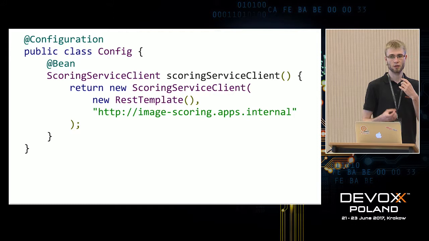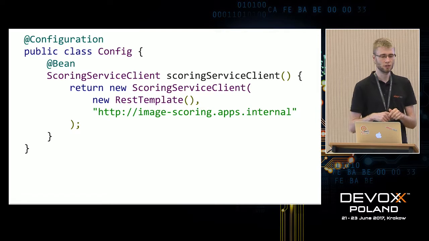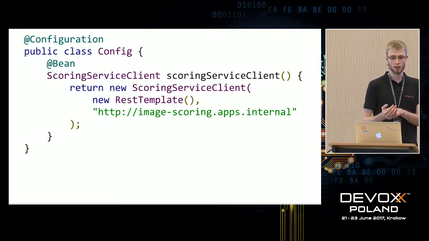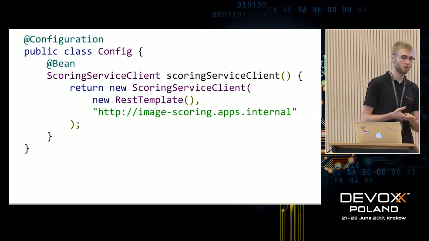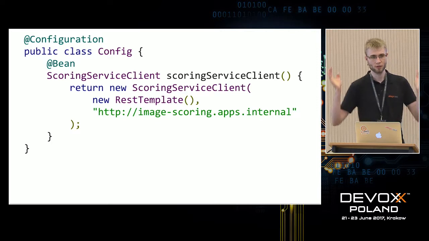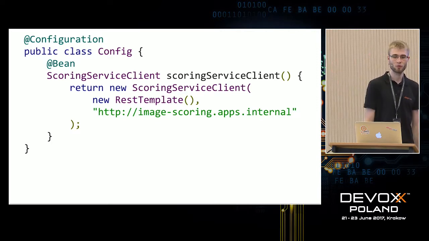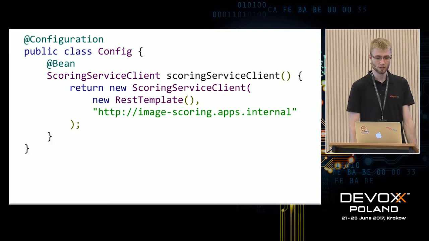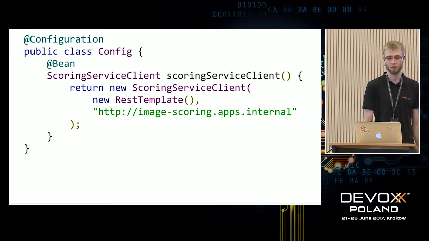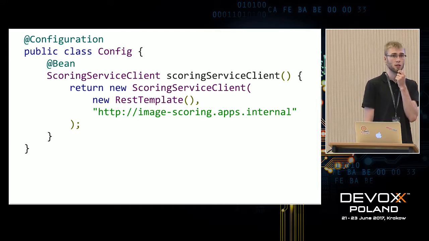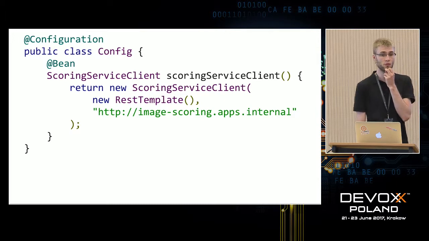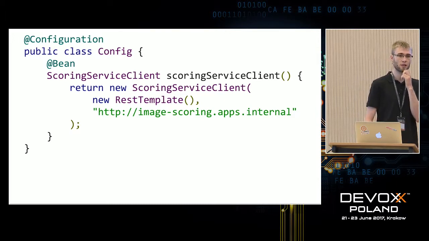And what it did is created for us a REST template that uses the JDK's HttpURLConnection under the hood. And by default, this mechanism gives us no timeout. So basically, we just connect to our remote socket and just wait for the data. And if the data doesn't arrive, we just wait a little bit more. So probably this image scoring service, probably one instance got unavailable, maybe for a moment, and all our threads became blocked, just waiting for this data.